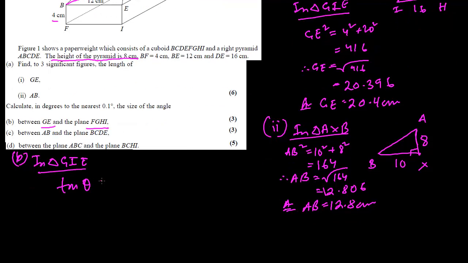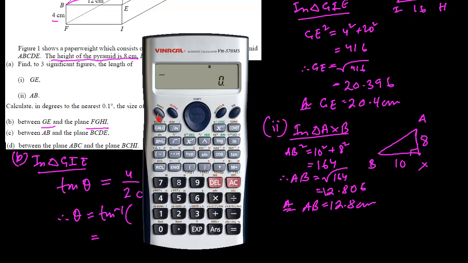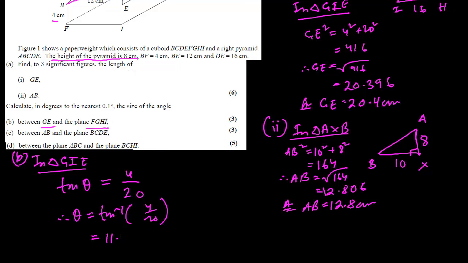So tan theta equals opposite, which is 4, divided by adjacent, which is 20. Therefore, theta equals tan inverse of 4 by 20, which is 1 by 5. So it would be tan inverse of 4 divided by 20, and it is 11.3099, so 11.31. So the answer, to the nearest one decimal place,